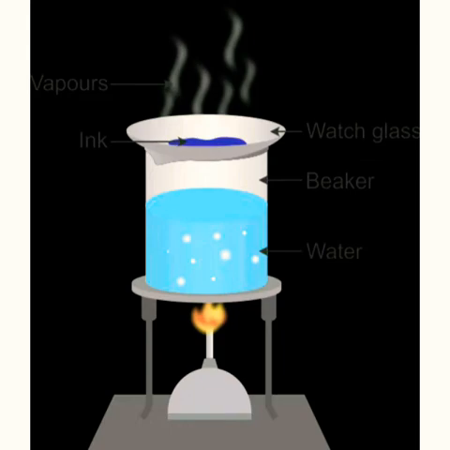Fill half a beaker with water. Put a watch glass on the mouth of the beaker. Put a few drops of ink on the watch glass. Now start heating the beaker. You will see that evaporation is taking place from the watch glass. Continue heating as the evaporation goes on and stop heating when you do not see any further change on the watch glass. Observe carefully and record your observation.